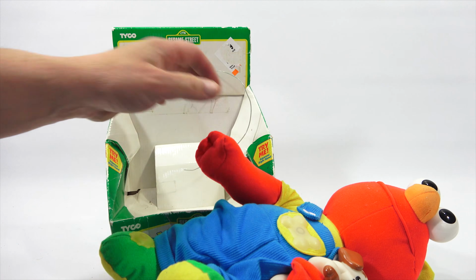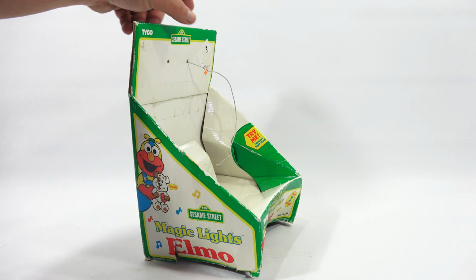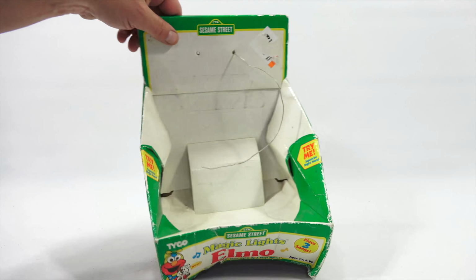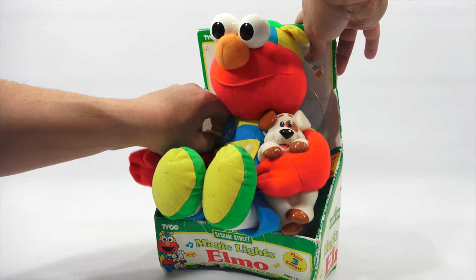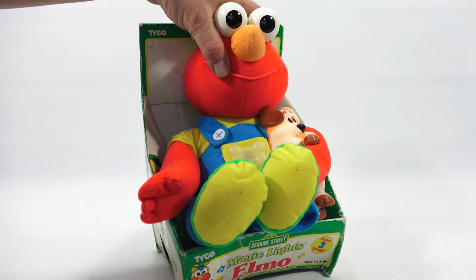All right, there you go, Elmo. I'll put you back in the box. Now, I don't think this box is something that I can do much with. It is in pretty bad shape, so I'll pack him back up. Of course, take the batteries out, but let me do all of them one more time for you so you can enjoy it one more time. And now that we've checked it out, now I do have...